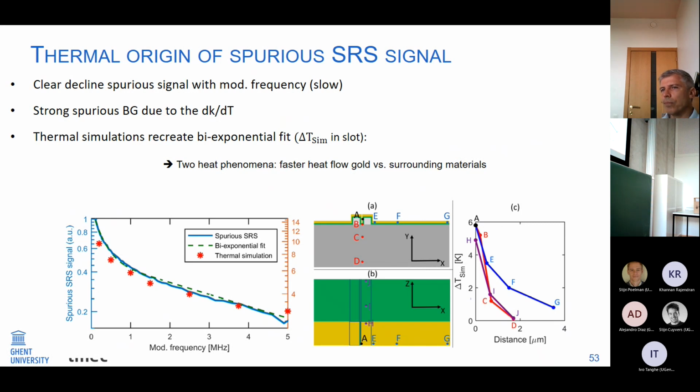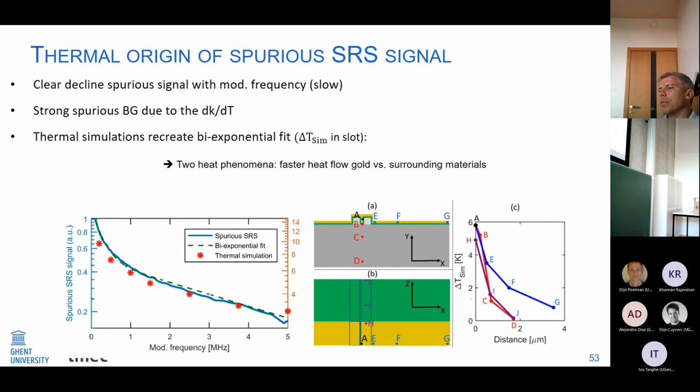In order to show that, I placed several thermal monitors over the same distance inside of the silica, alongside the gold, which in my fabrication I made as gold sheets, so it extends about 6 micrometers each side of the plasmonic slot, and the same through the silicon nitride core. And there you can see that the thermal response of this modulated temperature variation is stronger inside of the gold, the blue, compared to the surrounding electric materials, which is logical if you think about it, because gold